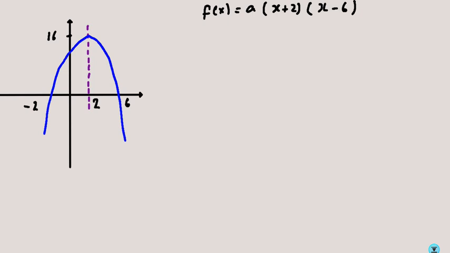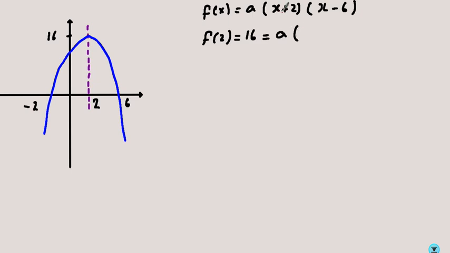And then what we know is that at the point where x equals 2, y equals 16. So f of 2 equals 16, and this equals a times,